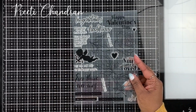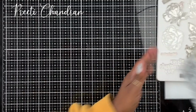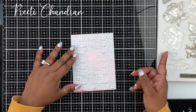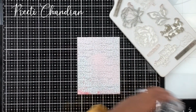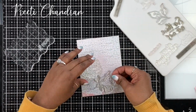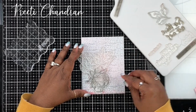I'm making 2 cards using the Be My Valentine Limited Edition stamp set from Simon Says Stamp. I've already pre-selected all the stamps from the stamp set called Be My Valentine. I'm going to use this designer paper which is included in this kit, and also this block which is also a part of this kit, and I'm going to start stamping these roses onto this designer paper using Simon Says Stamp